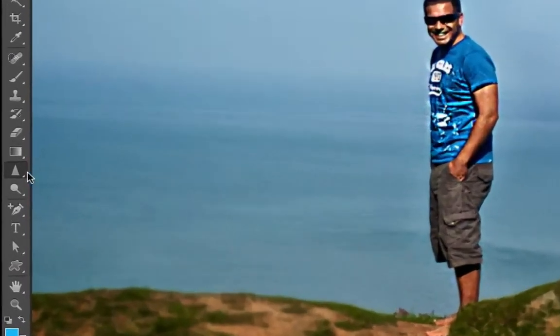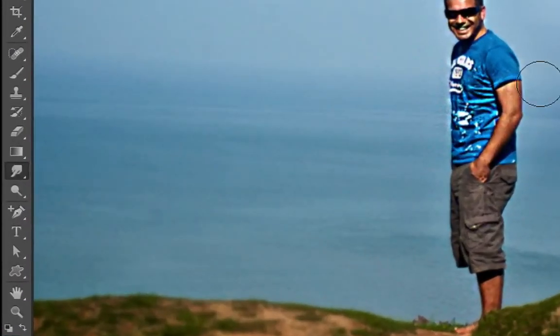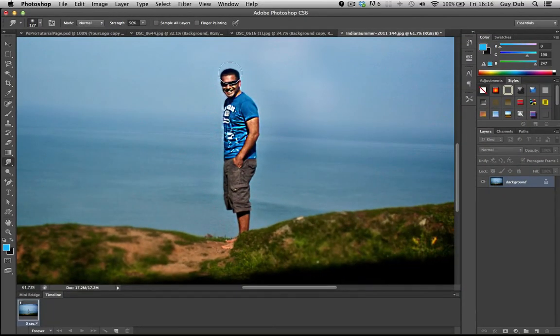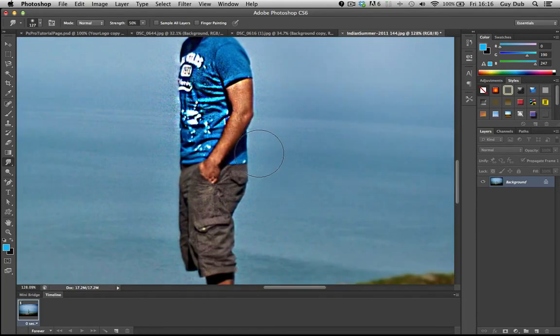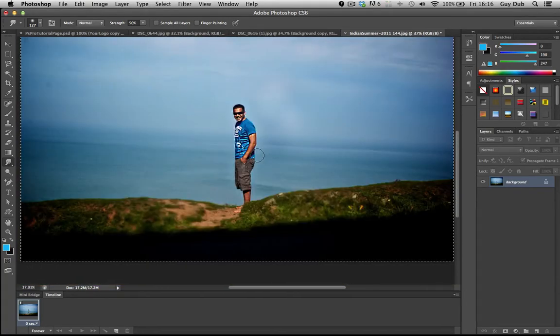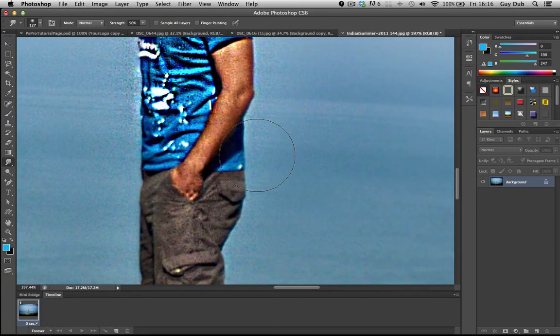And the final one in this set, again another quick tutorial, is the Smudge tool. What you can do with the Smudge tool is that you can literally, as if it was wet paint, push various parts of the image out. So if I want to give myself a little belly, I can use the Smudge tool very quickly just to do that. There are better ways of making people look quite unflattering in Photoshop, but really,